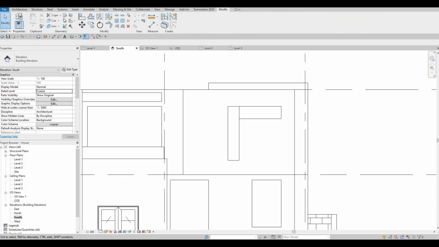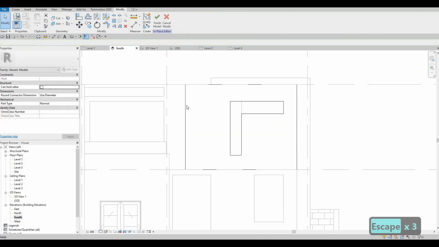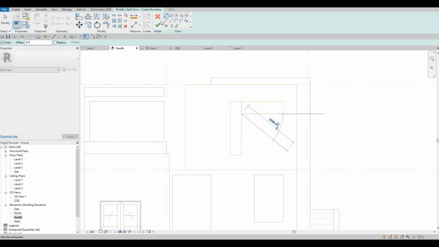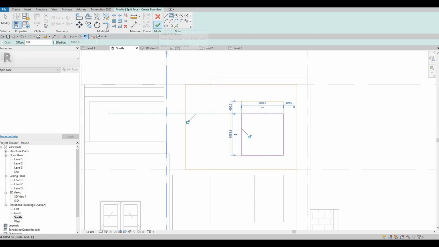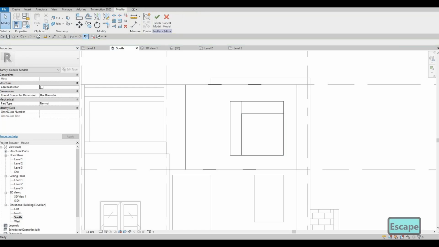So go to modify, split face. I want to split face this. So this is actually an extrusion. So we need to edit this split, and then we need to split face it from here. So you need to edit, and then after that click finish, and then now click on paint,